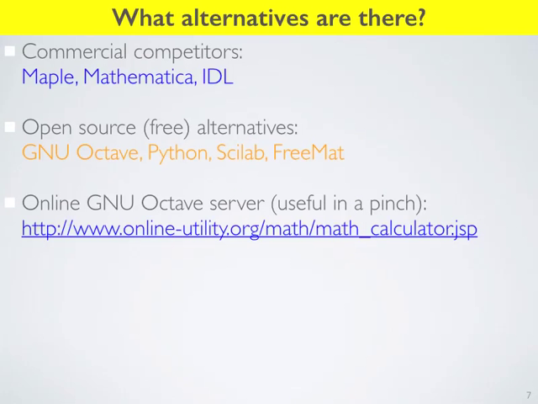Okay, well, what about if you hate MATLAB for some reason, or you don't have access to MATLAB, what else could you use? You could use things like Maple, Mathematica, or IDL. These are all sort of MATLAB competitors. Mathematica is probably the most mature. Actually, I think MATLAB bought Maple, so it's really MATLAB. There are some open source alternatives, so GNU Octave, Python has sort of a Scilab, and then there's FreeMat. And so these are sort of alternatives one might think of using if you're not at some university that has a site license.